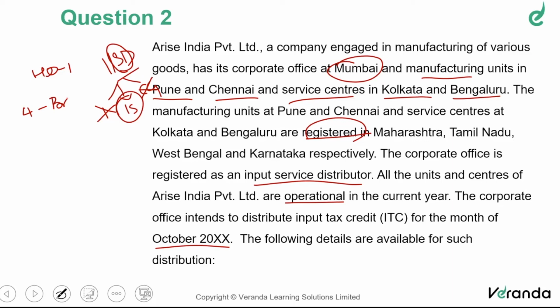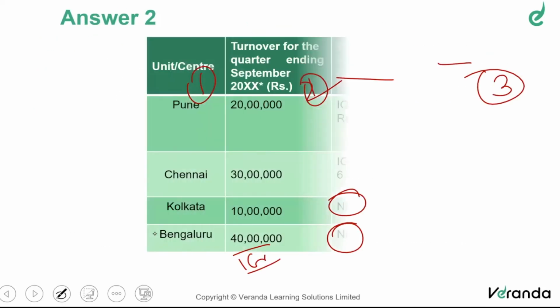Fine, whether it is manufacturing units or service units, it doesn't matter. And the relevant month is October. That is the important thing in this slide. So there is one head office and 4 branches. Out of those 4 branches, Pune is located in the same state, whereas the other 3 are in different states. And the current month is October. That is, the current period is October. That's the important thing to take from this slide.